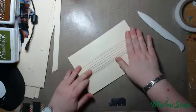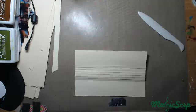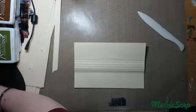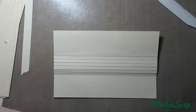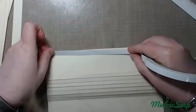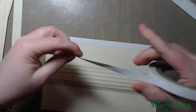So I'm going to put plenty of score tape on each side of this binding. You can use, once again, wet glue anywhere I'm using score tape. Okay, hold on. I'm going to zoom in just a smidge for this part. There we go. I'll just have to remember to move back out when I want to. And right up against this score line,